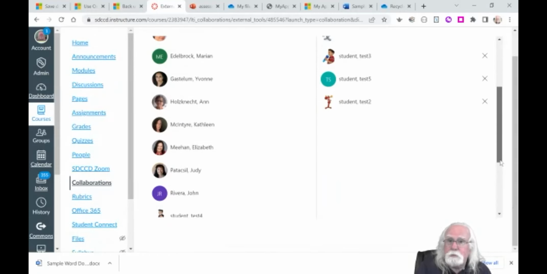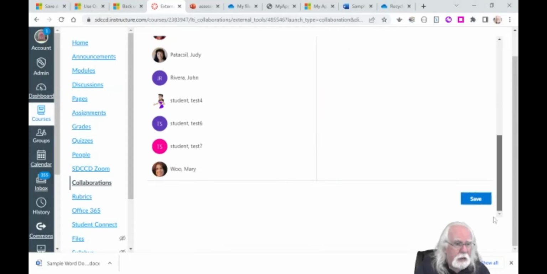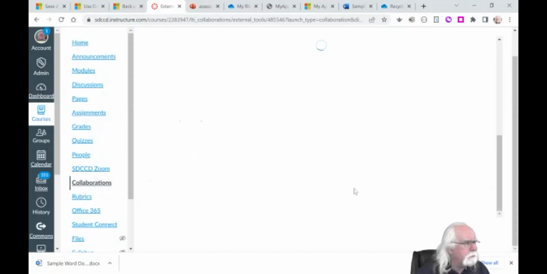You can do this strictly outside of Canvas in OneDrive, as we've already seen, but this is a way to do it from within Canvas and limit the collaborators very efficiently to people who are enrolled in your Canvas shell. If I save that collaboration,